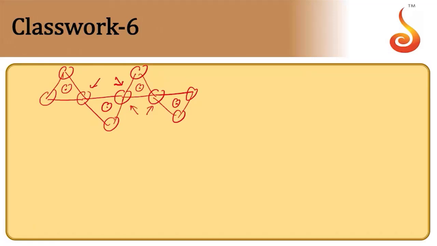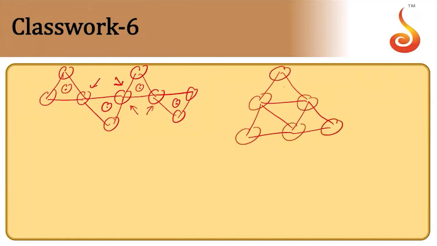When you take cyclic silicates, let us take a cyclic structure. You have taken a trimer here. These are all oxygen atoms, and silicon here. If we take one unit here, let us take this silicate unit, the top one, this atom is shared here. If you take this silicate unit, these two atoms are being shared. So when you take any silicate unit, two atoms are being shared. Here also two atoms are being shared. In cyclic also, in chain also, we have seen two atoms are being shared.